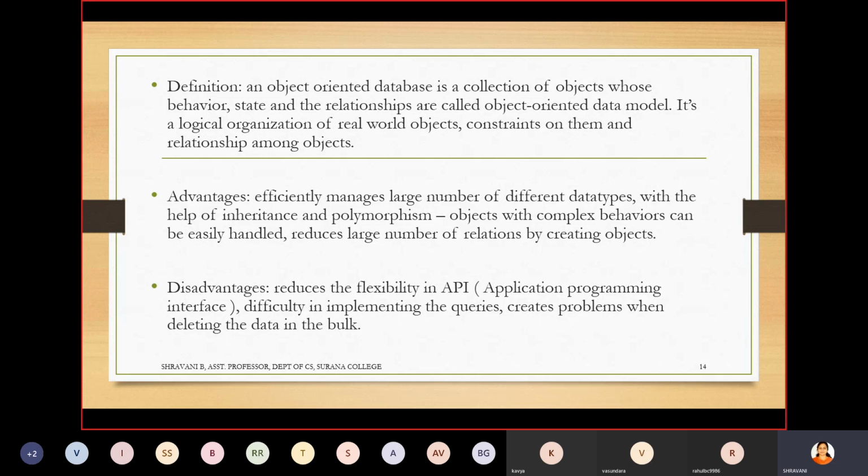So the user will have a problem when he is going to delete some data in bulk. You cannot give delete star from so-and-so table, because that particular table will be related to some other table. So that is not flexible, and if you delete this, you will get an error message. That's why flexibility is not there with respect to API. So I will consider that a disadvantage.